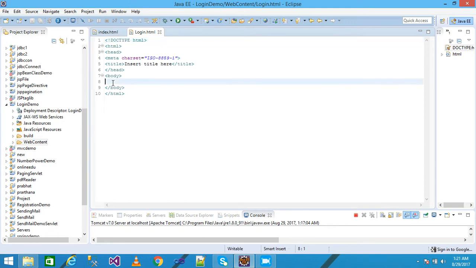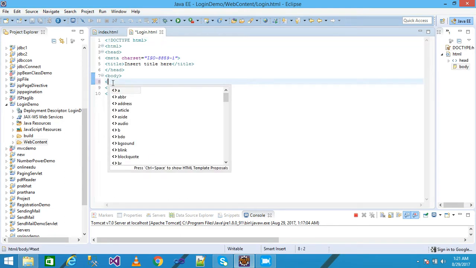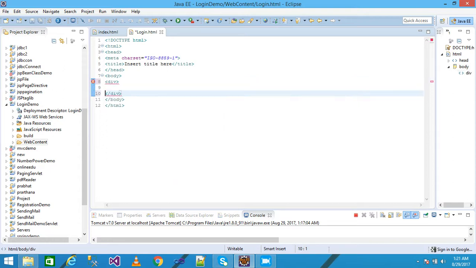Here I take a div tag and close it, and use CSS style: height 200 pixel, and width 300 pixel, and border color as red,